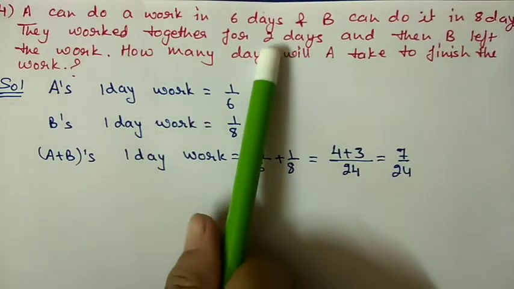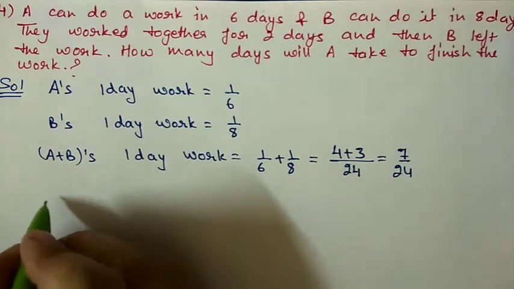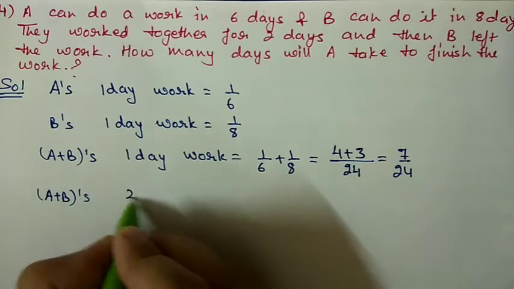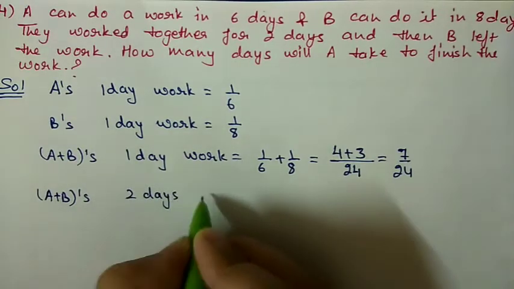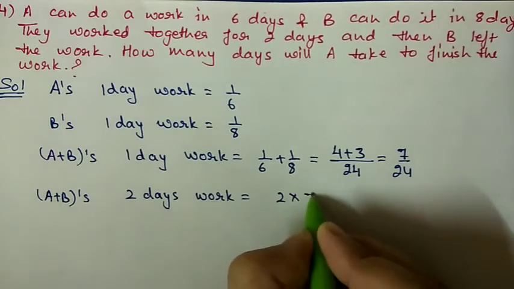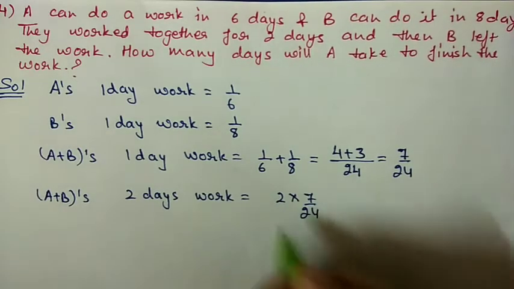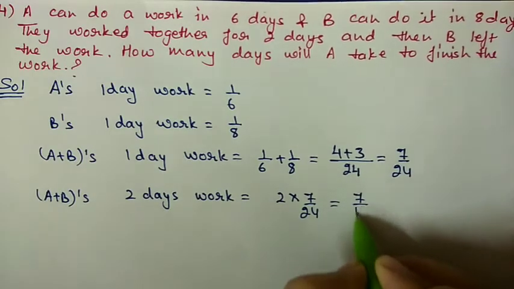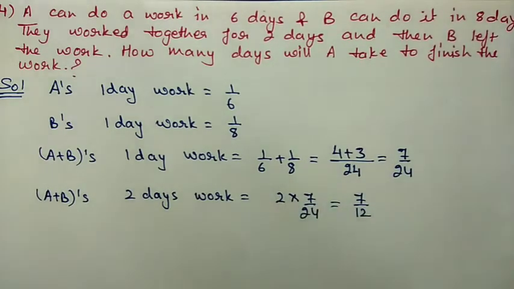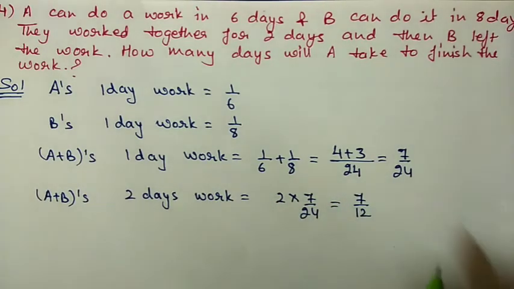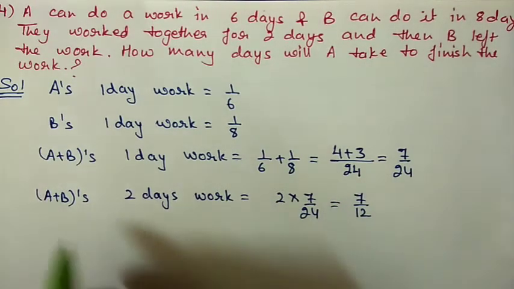But they work together for 2 days. So we will calculate here for 2 days. A plus B's 2 days work will be 2 into 7 by 24. 2 days means they will do double, and after cancellation you will get 7 by 12. We can cancel here. Now within 2 days they complete 7 by 12 work. Now remaining work